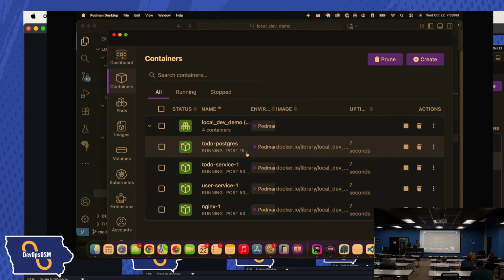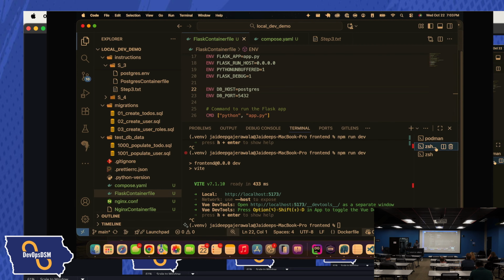Okay, at this point, we've got the Postgres database that's running out here, and we can see if this,